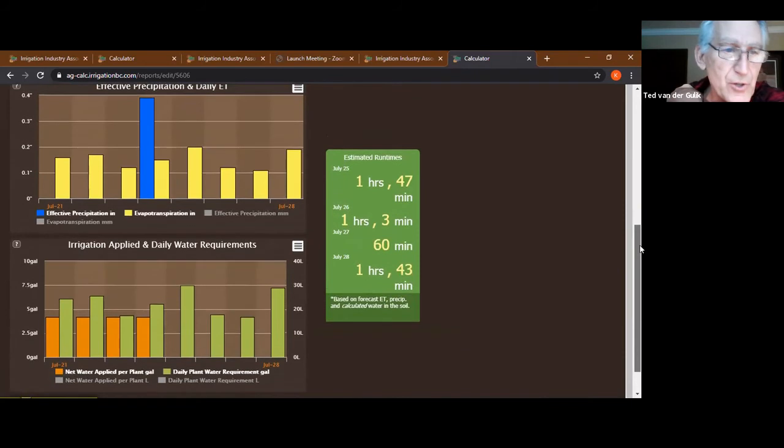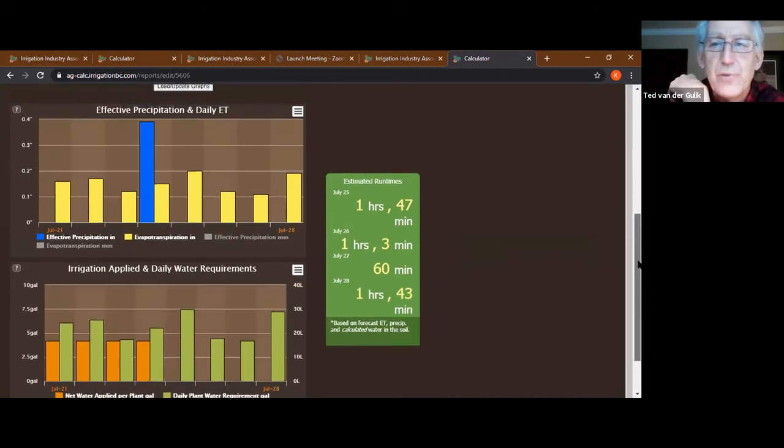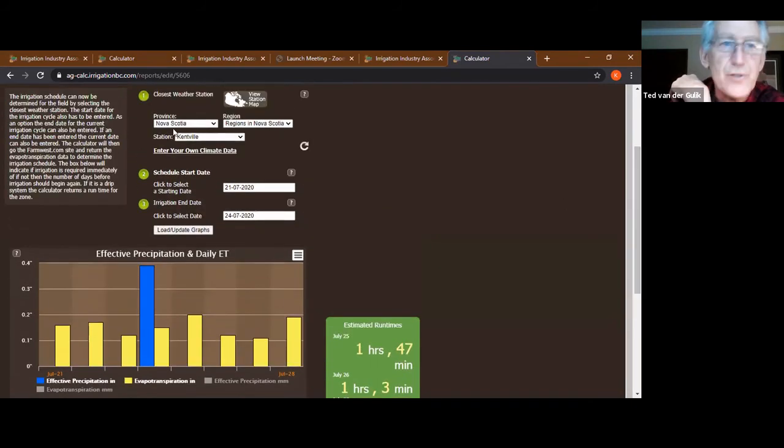It also tells you the net of water applied per plant, your plant water requirement in gallons. It's all in here, what's happening, and what the future prediction is going to be. So the calculator really does what we did manually. And once you put in your parameters, if I go back to